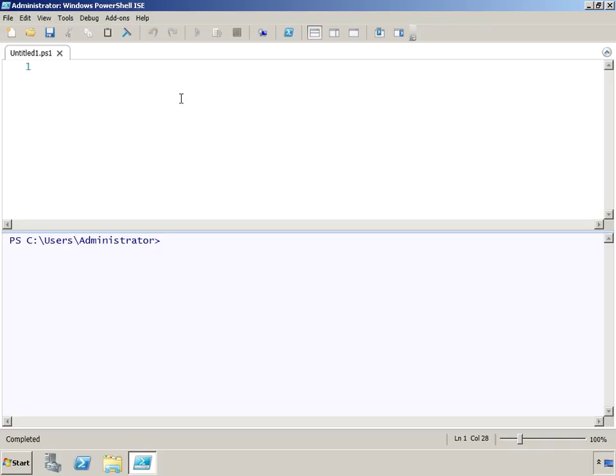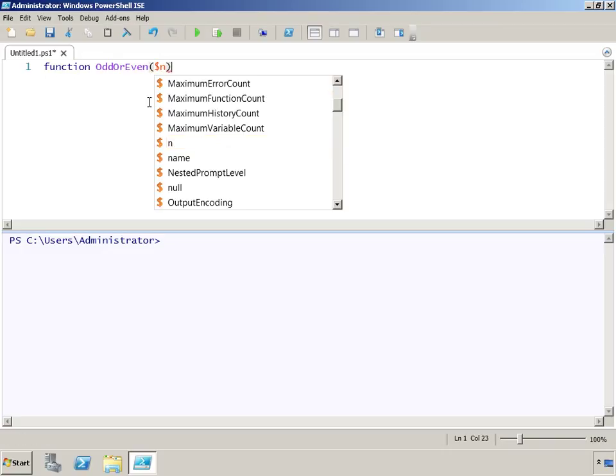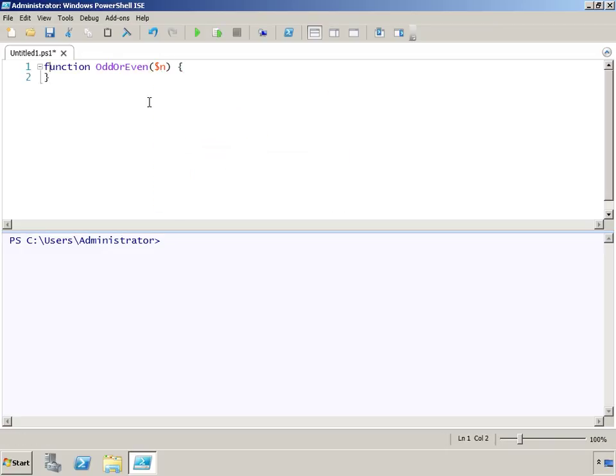Alright, so let's create a little function, and what this is going to do is write out odd or even depending on the number that we pass into it. So we'll call this function oddOrEven. And since we're in PowerShell, I guess I should camel case this. Alright, and so oddOrEven is going to take in a number, n, and what it's going to do